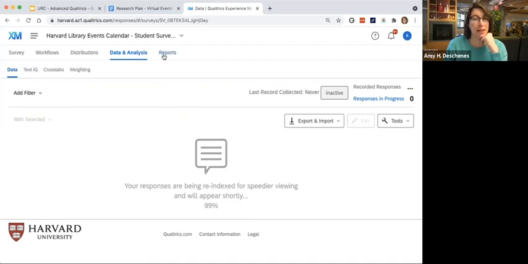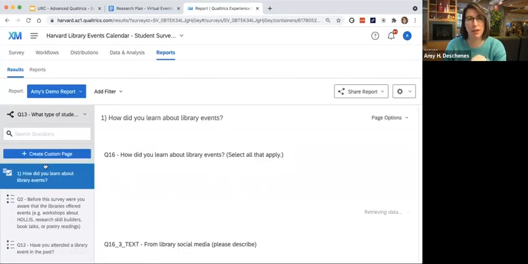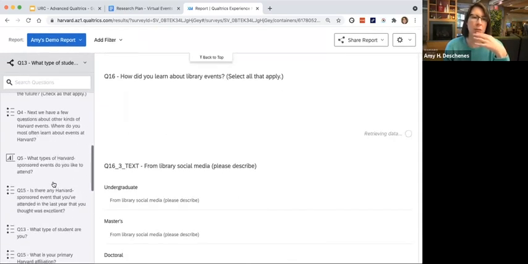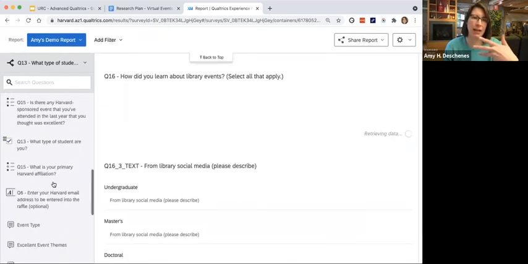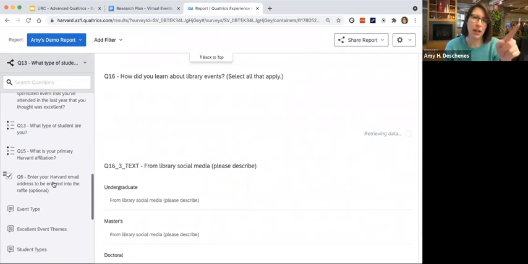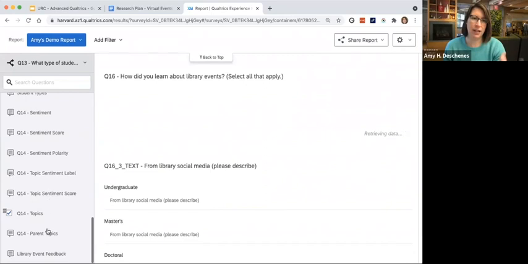All right, so I'm going to pause that. I will show you how to add the tags in a moment. But while this is working, I'm going to go back to reports. In Qualtrics, when you migrate away from something like that, it's still working in the background, so you don't have to worry about staying on the page. But I just wanted to show you, once you have added a tag field, it's automatically going to add that tag field as a new question in your report.